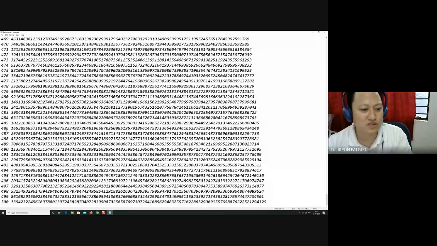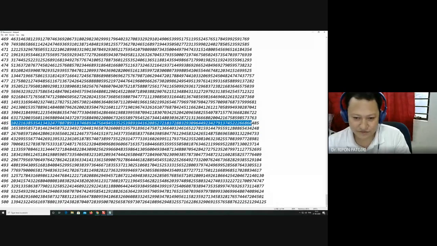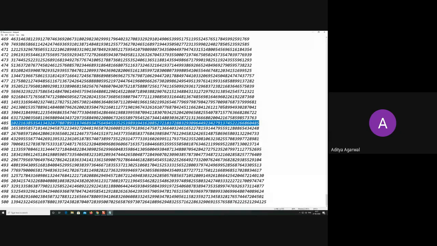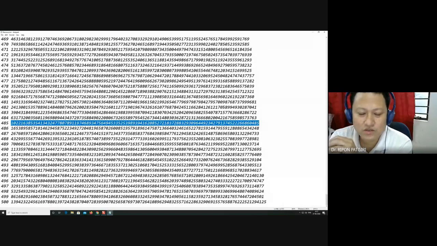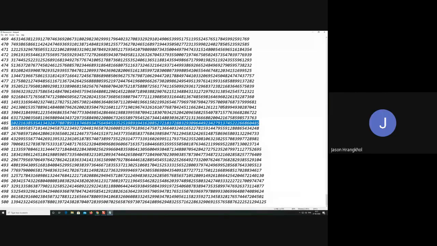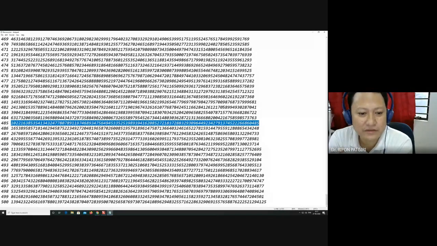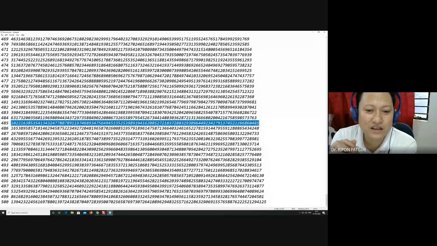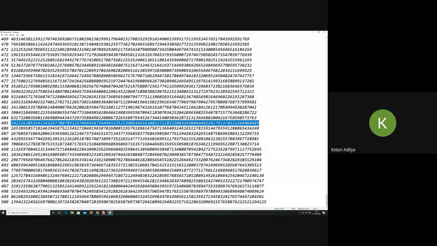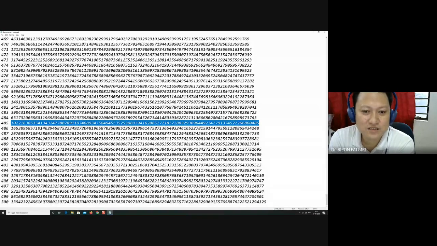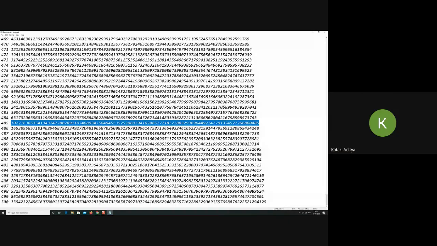So how are you going to store this? We can use the Boost library offered by C++. Why should you depend on a library? Can't you give your own solution? Never depend on other libraries. Make your own library. How are you going to make this library? That's my question. So we can use an array to store the number, the 110 digits.